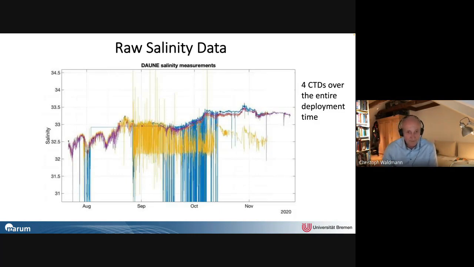Okay, here comes a very special effect that has something to do with making measurements close to the seafloor. And these large fluctuations in these yellow data points coming from a CTD are related to sediment that goes into the conductivity cell. And what I can tell you is this was not a Seabird, just to make sure that you're not getting concerned. It can happen with Seabird cells as well, and they are actually quite robust against sediments entering the conductivity cells.